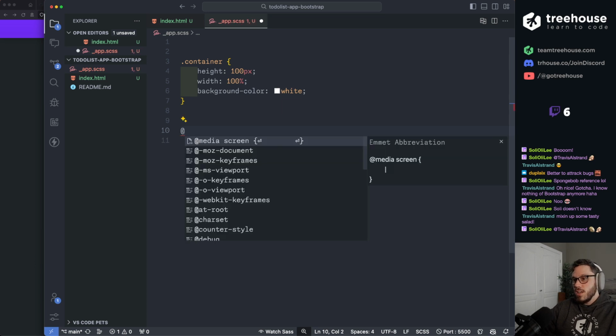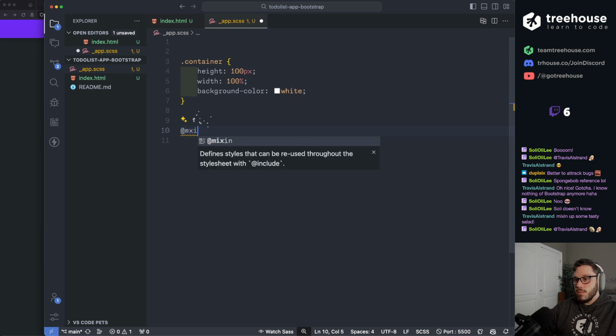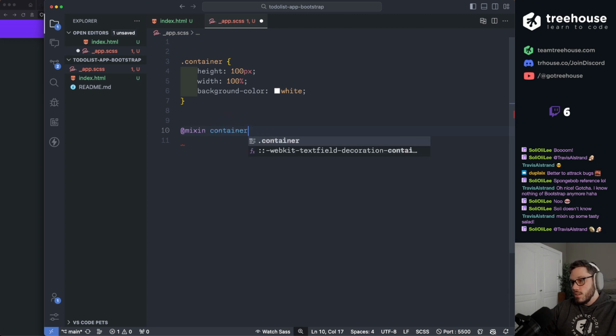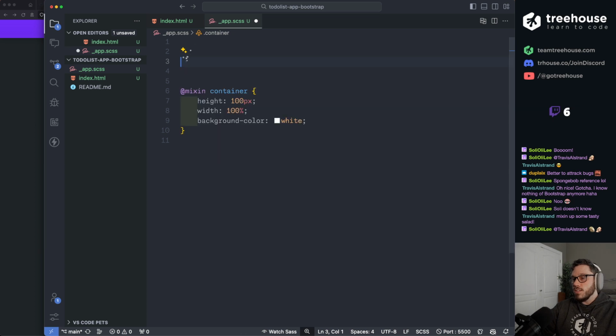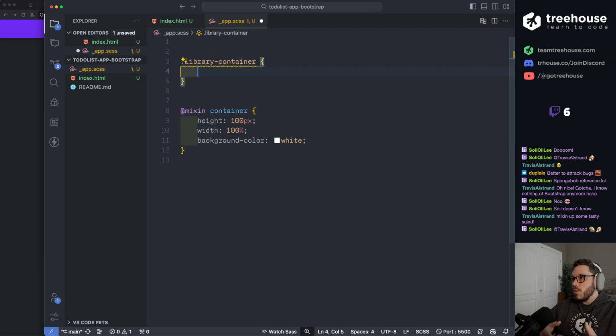It's a mixin. So you could say @mixin, and you can call this whatever you want. You could say container, and you can put all of this code in here like that. And now, let's say we didn't call it container because we can be more descriptive now. We can say library container, and we want it to have all of those container values and properties. We can just say